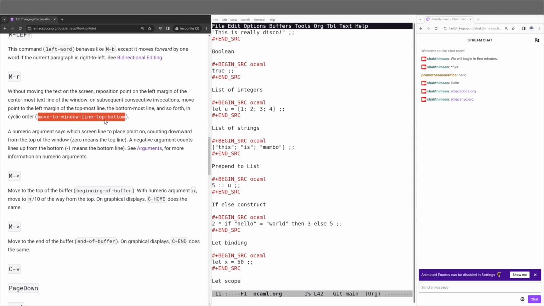So on subsequent invocations, it moves to the topmost line, bottommost line, and so forth. If I press Alt R again, it moves to top, then bottom, center, top, bottom, center. Okay, so it's sort of cyclic in nature. Then we have